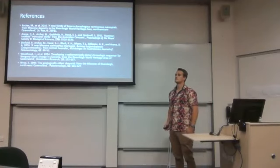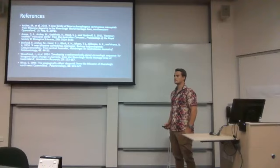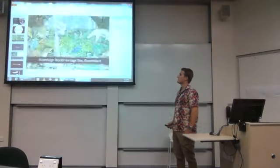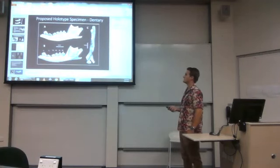Most durophagous animals that I know evolve robust dentition at the back of their jaw, where they can produce a lot of force. Just wondering if you have any comments on why an animal would ever evolve that type of dentition further anteriorly? Yeah, so it's quite interesting, and as I said, this is not something that we're used to